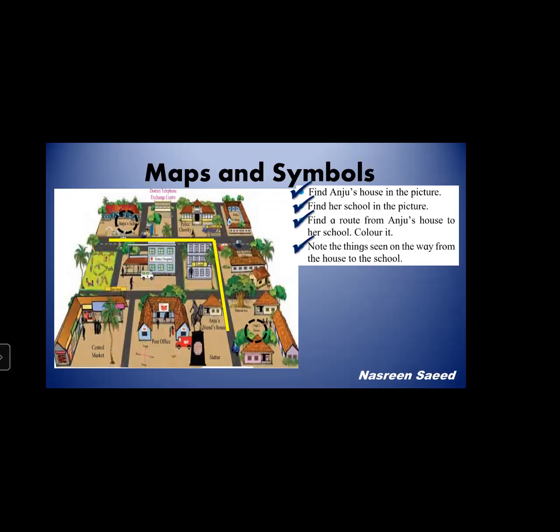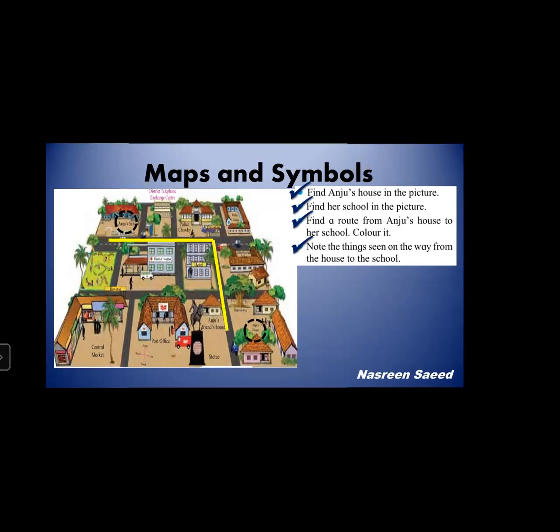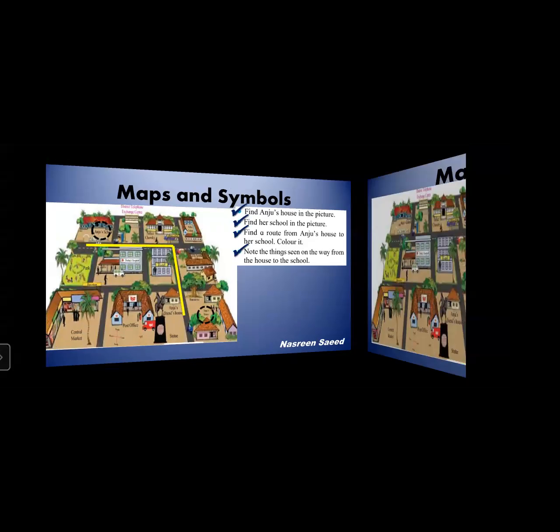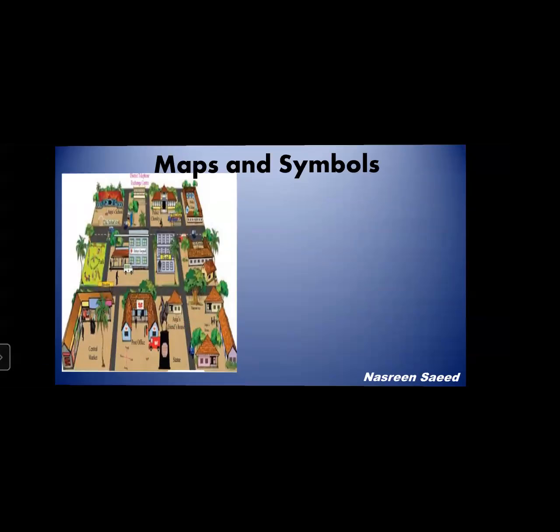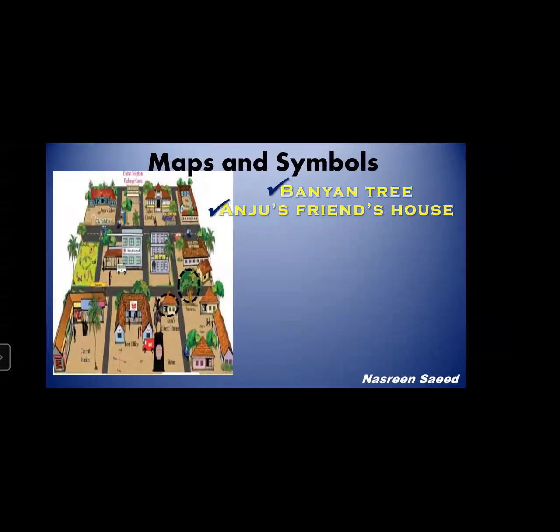So Anju sees many things on the way from her house to the school. Which are the things that I'll be explaining to you? First, she sees the banyan tree. See, I circled the banyan tree. It is there in her locality. Then she sees her friend's house, which is opposite her house. So that is Anju's friend's house. Then when she moves ahead, on the left hand side is a hotel and on the right hand side is the Zilla Parishad